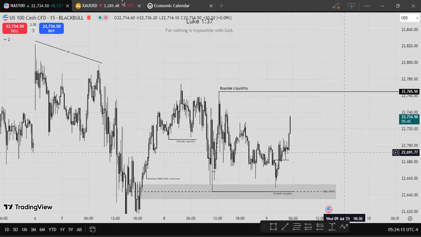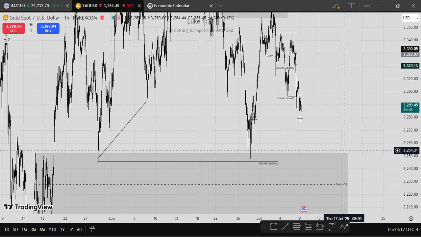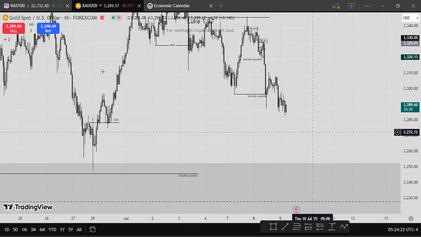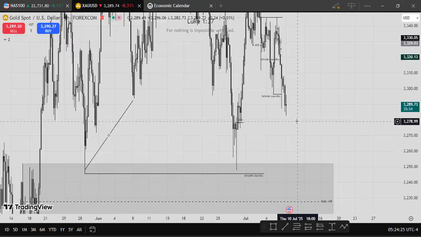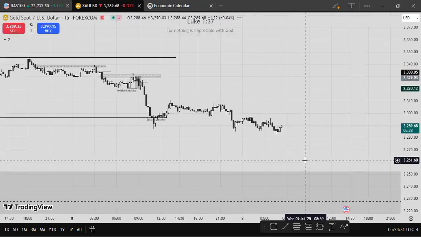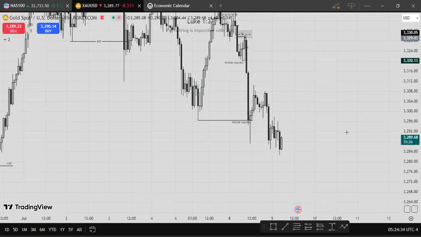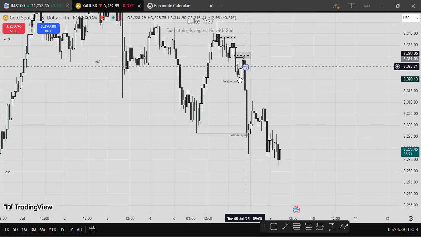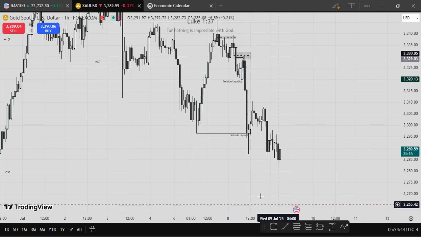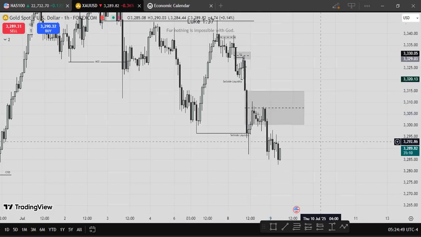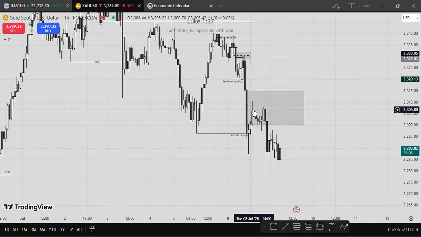So moving on to gold, I'm still expecting to see those sells. I will wait for price to play out a little bit before I start looking for any opportunities. So we can see here that we left this gap open here, so it means now we're treating that as a breakaway gap, and we're reacting to this gap here. See how we're respecting the consequent encroachment of this gap.